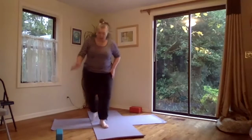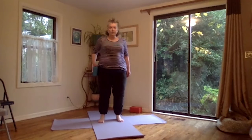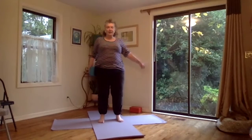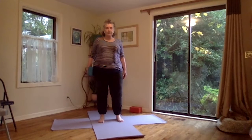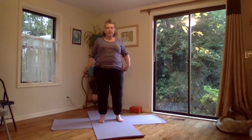So we're going to begin with the block. And we're going to bring that block right next to our hip. I'm starting with the left hip. And so I'm just resting it against my hip. It's just soft. So what I'm going to do is I'm shifting my weight to the right side and then come back to center. Shift the weight to the right side and then come back to center. Now shift the weight to the left side. Come back to center. Now we're going to lift the right foot and we're going to see if we can